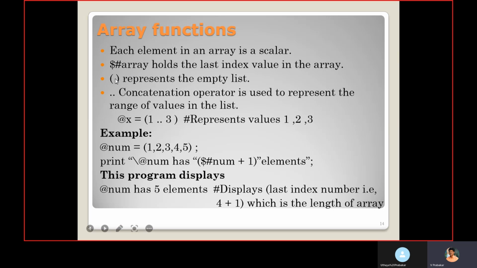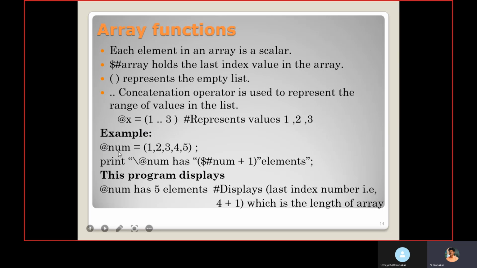Then this empty bracket represents an empty list. Then this double dot is used for a range operation. Using that, we can mention the range of values in the list. For example, @x equal to, in the bracket, 1 .. 3. It represents the list containing the values 1, 2, 3.